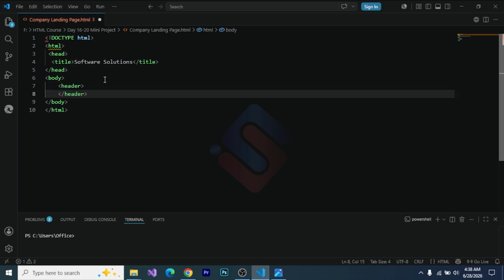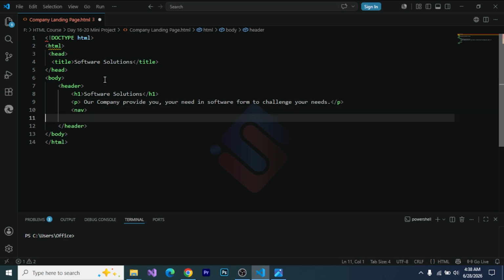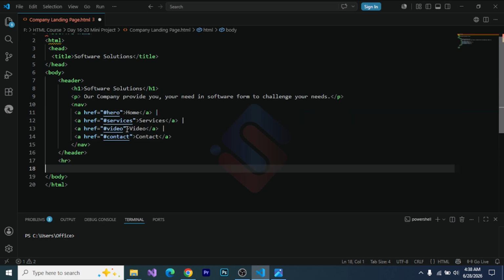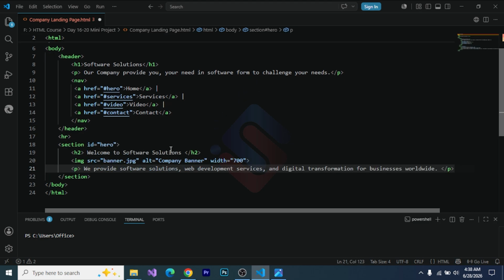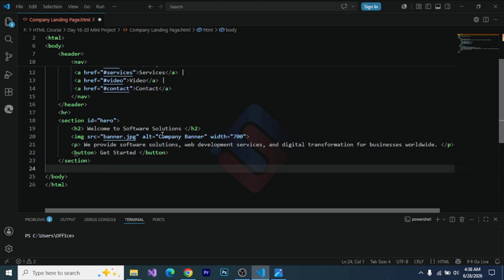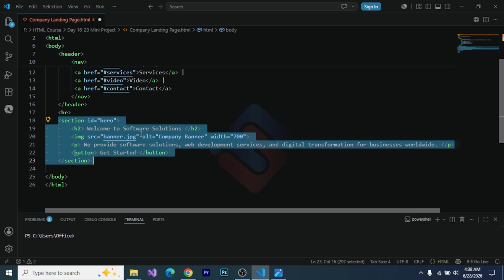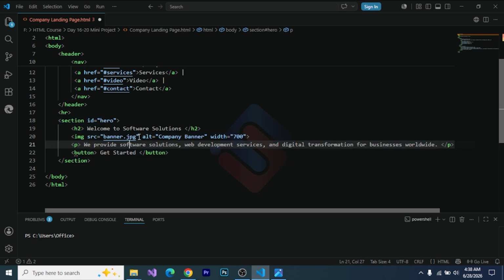Add inside the body a header section. Header contains the company name, intro text, and navigation menu. Navigation helps users move between sections. So then add the section, hero section, then the heading, then the company banner and paragraph, and then the button, get started. So the hero section is the first section users see, and usually includes a main heading, banner image, short description, and